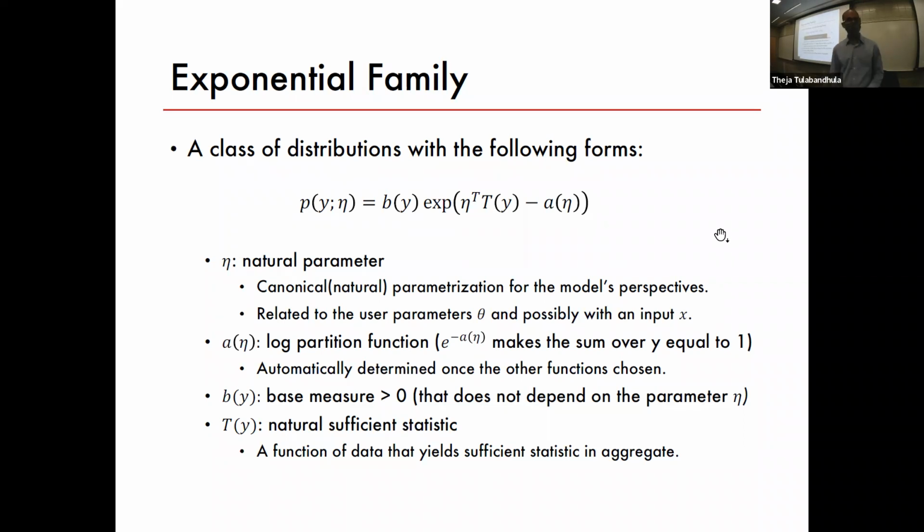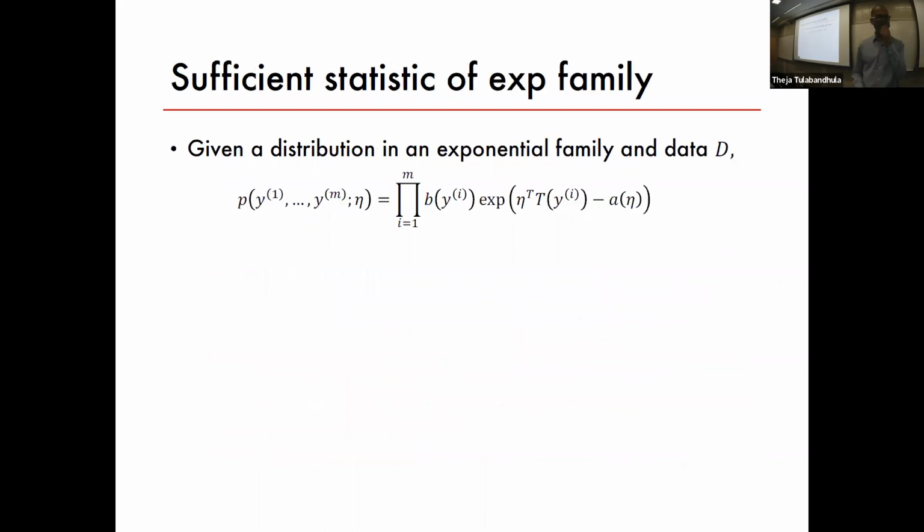Okay, so we saw the example of how Bernoulli is a member of this family, and what we want to spend time on now is how we estimate the parameter of this family. So what is the parameter of this family? Eta, which is called the natural parameter. It may be slightly different from the parameter you typically define for Bernoulli, with bias or something. Remember, for Bernoulli, eta was equal to log of phi by 1 minus phi.